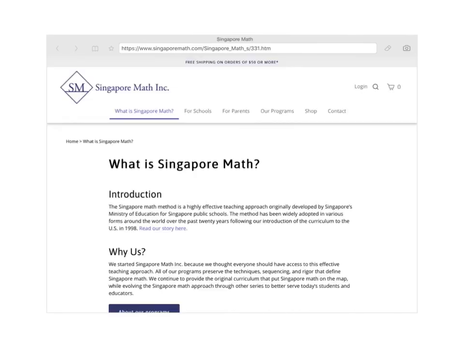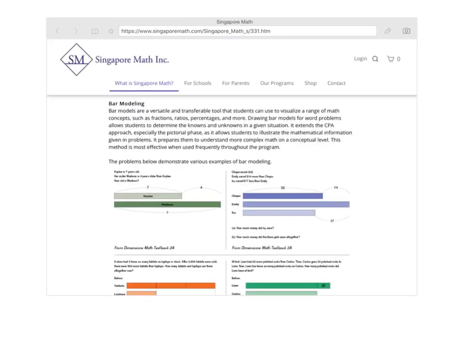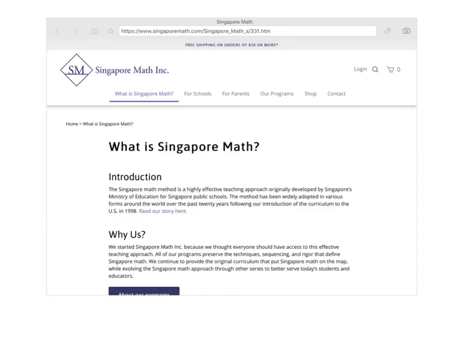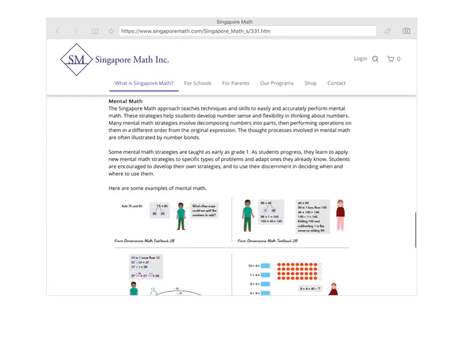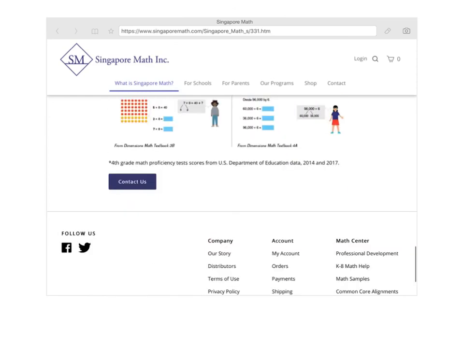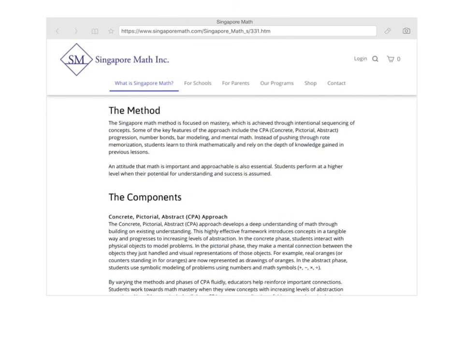You'll notice at the website singaporemath.com you can review the different components. It also will give some examples of bar modeling with the strip diagram type problem solving, some mental math with number bonds,